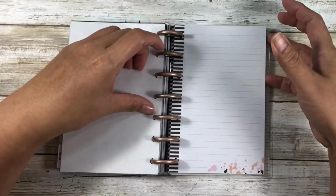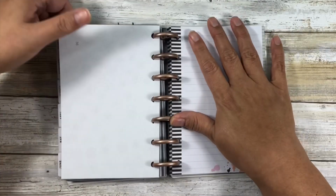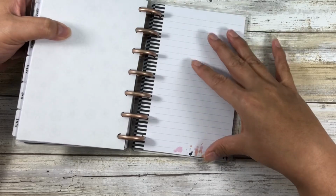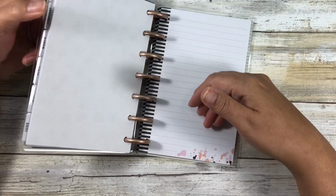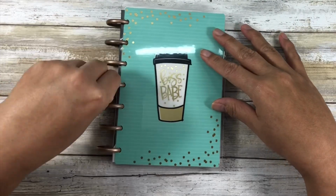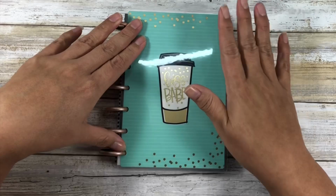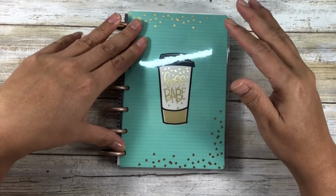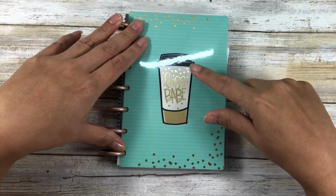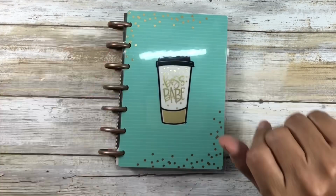And then I have included some extra note pages because, again, if I do go to committee meetings or department meetings, then I can take my notes here and I'll always have it in one spot. Now, there's another reason why I wanted to do this little flip through: I wanted you to see the guts of it. And I'm pretty sure that there are other flip throughs on here because I think this came out with the March release. But the reason is,